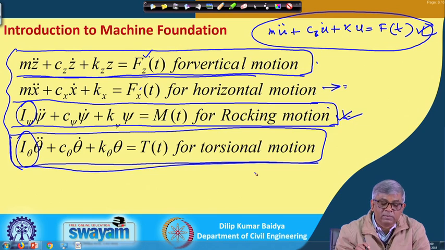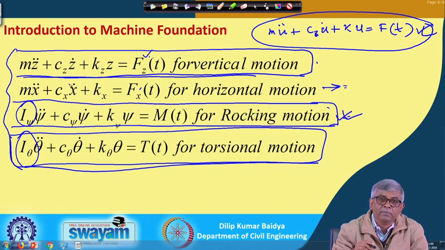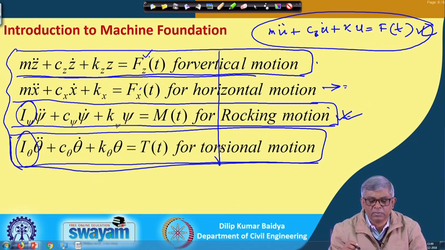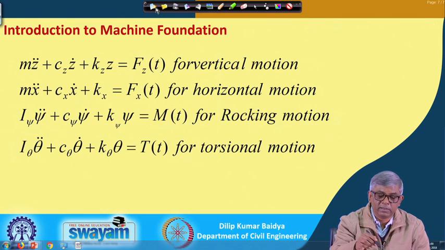If you learn only vertical motion, that may be enough at this stage, but since vibration can happen in all 3 or 4 directions, or 5, 6 directions, I have just given the equations of motion. The solution procedure will be exactly the same; you only have to replace some parameters, nothing else. Okay. So, now let me go to